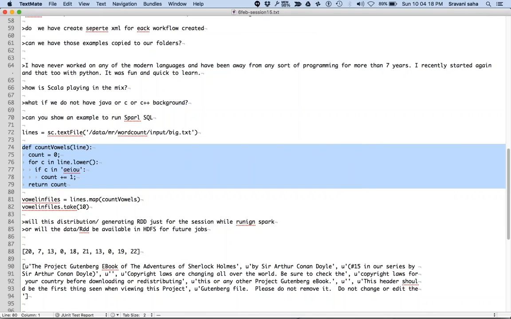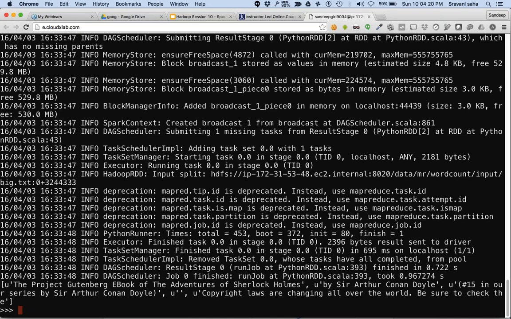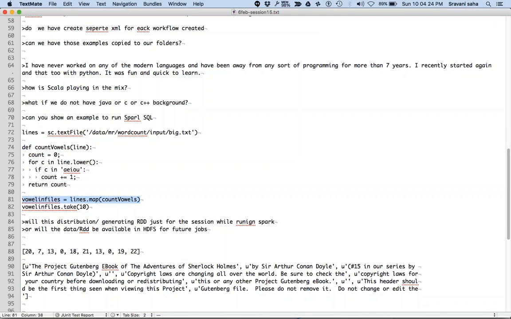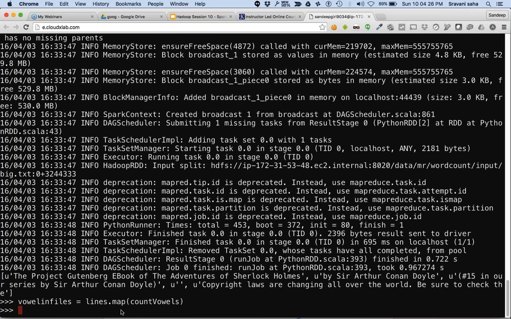Now let's say we want to count the number of vowels in every line. So what you do is you write vowel in files. Now we are saying run count vowels against every line. Count vowels is going to run against every line, and whatever the result of count vowels is, it is going to get stored in vowel in file.